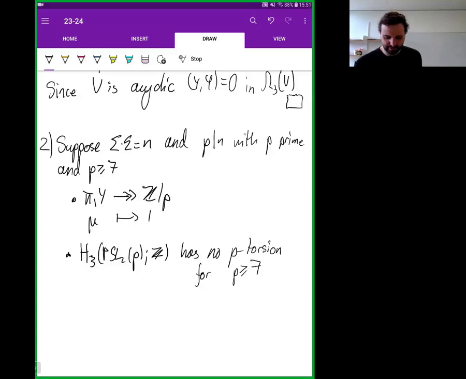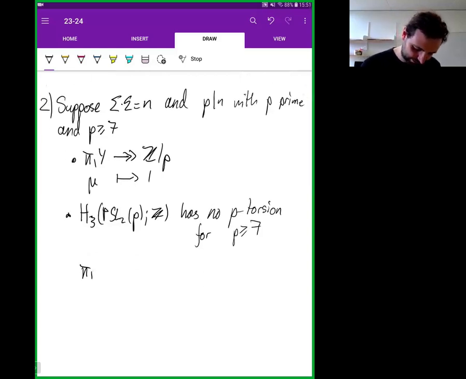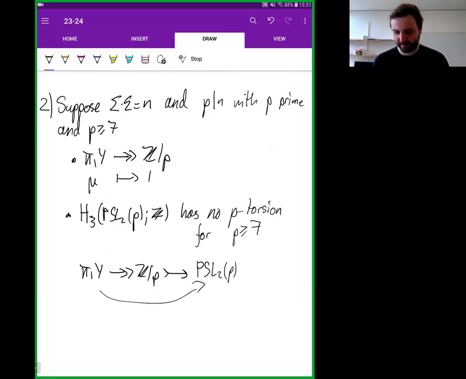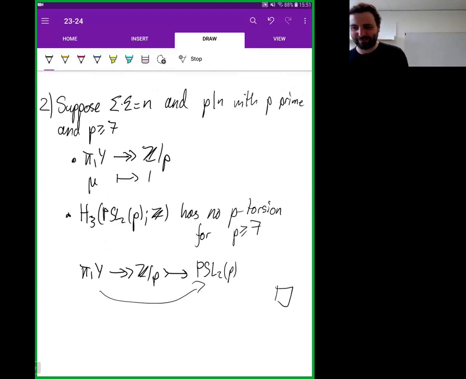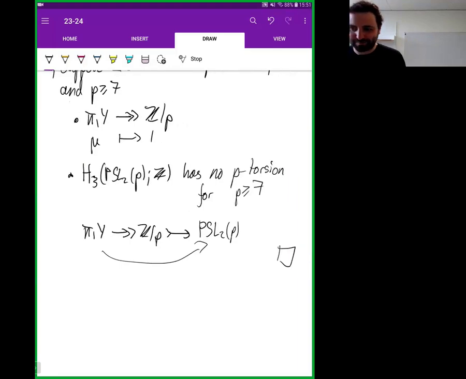So now it's the same trick. We take the composite map where pi 1 Y maps onto Z mod p, and then you map this into PSL2(p). And then this composite is the map we use to construct the manifold. That's picking a topological representative. So there's some finite groups, which maybe is a bit nicer in some way. I don't know what happens if you take the universal covering of this thing and then play the same game, because it's still going to be a closed, simply connected 4-manifold in some sense, if you glue a bunch of them. Maybe that doesn't make sense. Anyway,